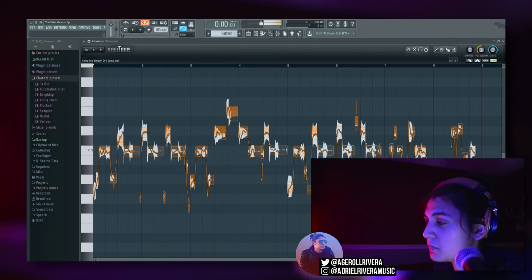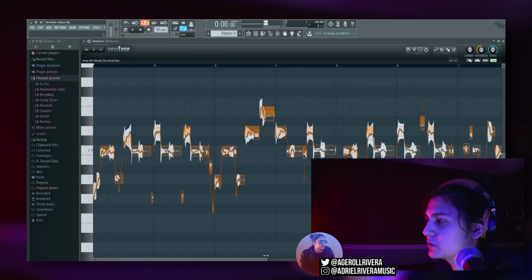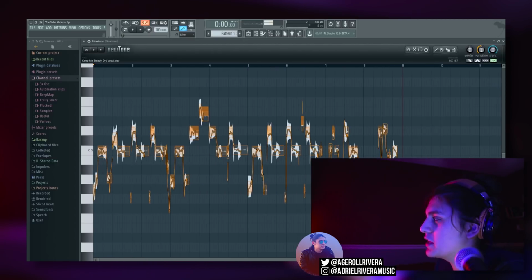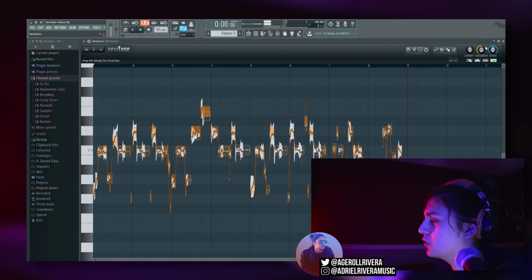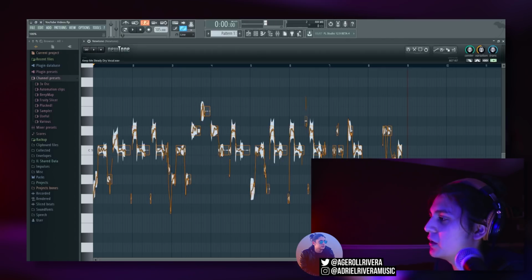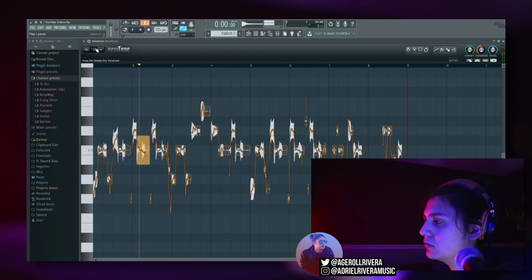So how do we pitch correct in Newtone? We're going to go to these three knobs up here. Go to the center knob and bring it up all the way, and what this is gonna do is take every note on the vocal and shift it to the pitch that it's nearest to. So now if we play,